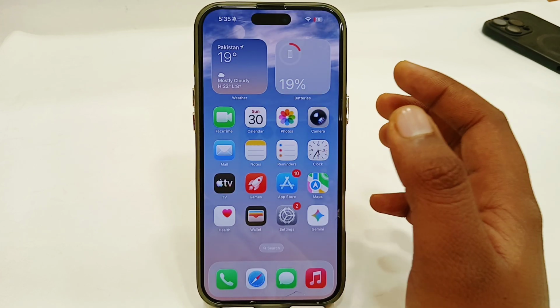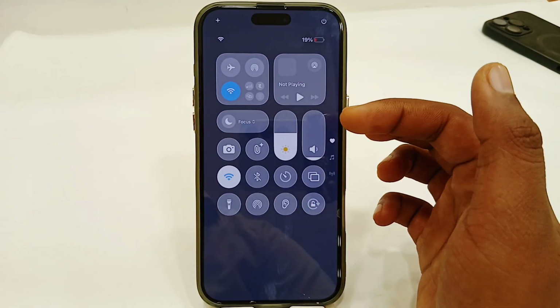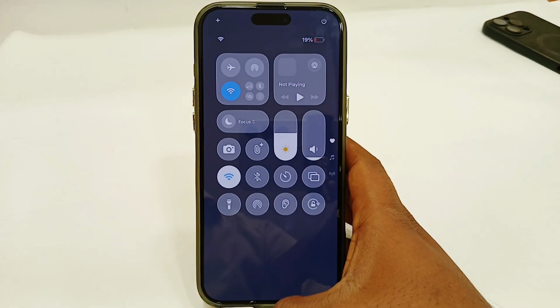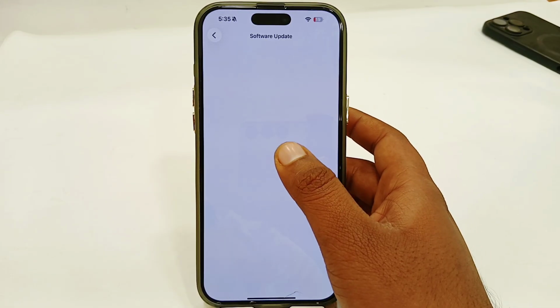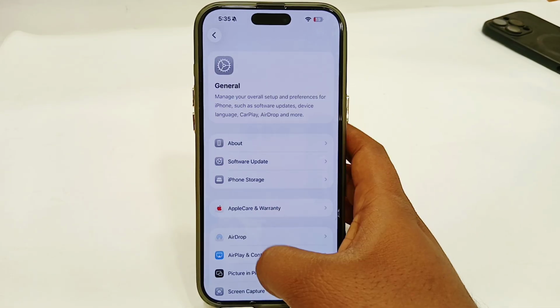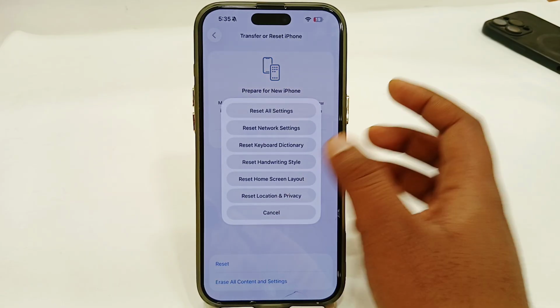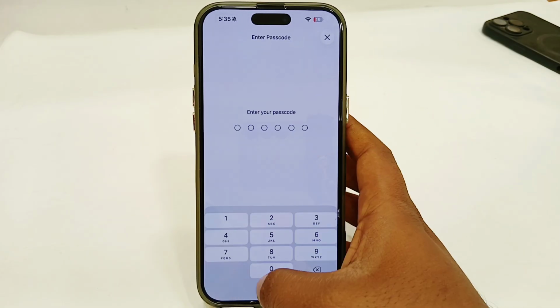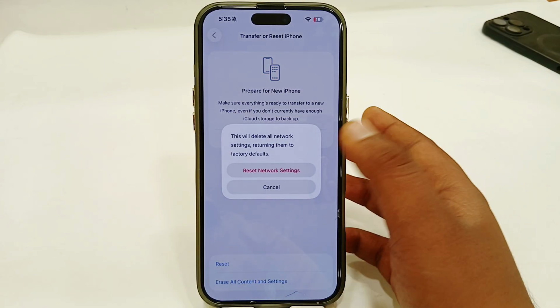So the very first thing is that you just have to go back from here and check that you have a stable and the strongest network connection. Then go back, open your Settings app, go to General, go to Software Update, and try to update your software. Again go back, go to Transfer or Reset iPhone. Select Reset, select Reset Network Settings, enter your iPhone passcode, and then select Reset Network Settings from the confirmation message